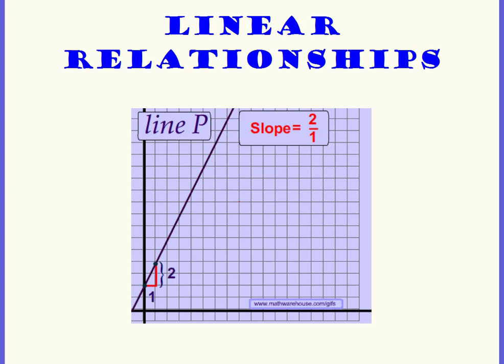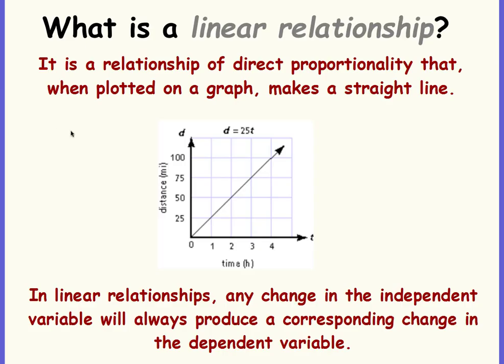What exactly is a linear relationship? A linear relationship is a relationship of direct proportionality that, when plotted on a graph, makes a straight line. And that's very important to note, that it makes a straight line. And if you look at the word linear, it actually starts with the word line, doesn't it? So anytime you see a graph that has a straight line on it, you can pretty much assume that it